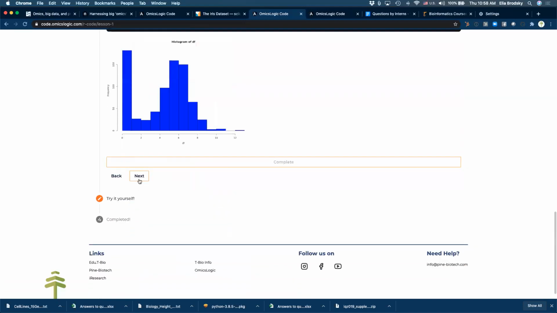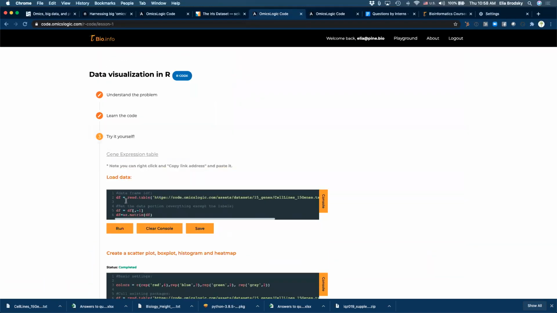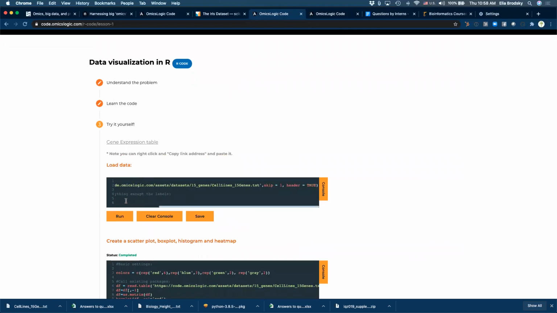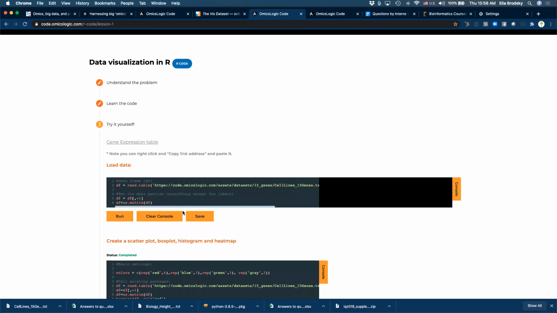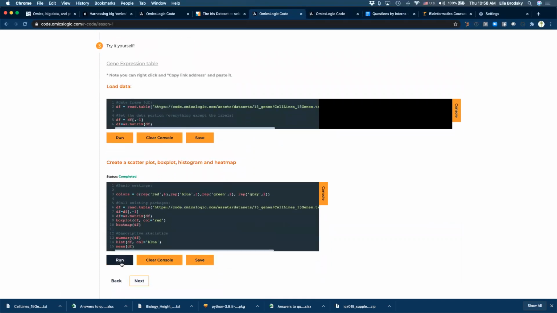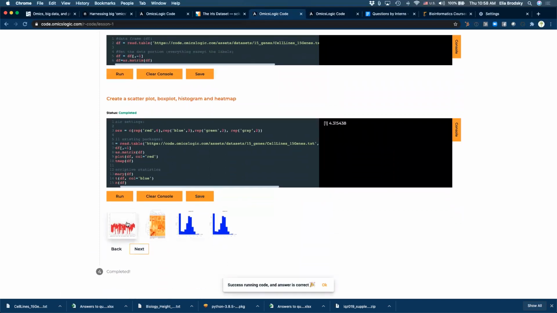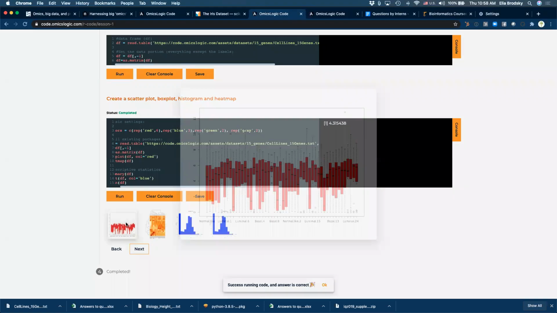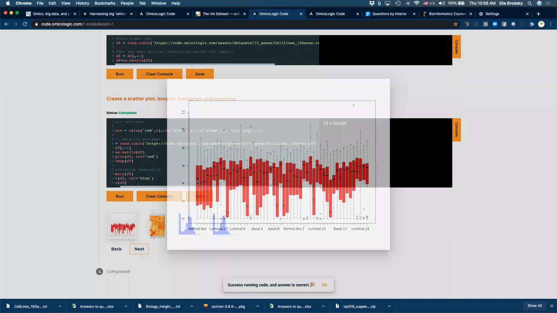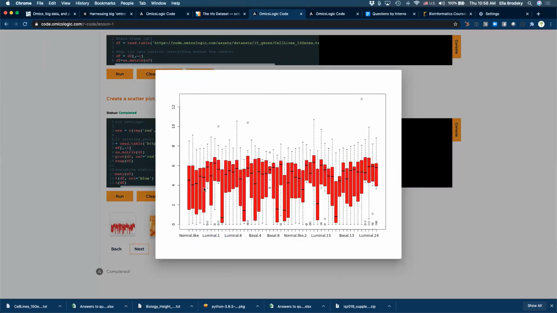Okay, so let's do this together. First of all, let's try it yourself right here in the code, just to make sure that it works. Okay, so you can open the console, run this. Okay, success running code. So we've imported this, and now we can try to run this and get some of these outputs. So what do we see in these outputs? Here we have our, what do you think is this data? Is this data